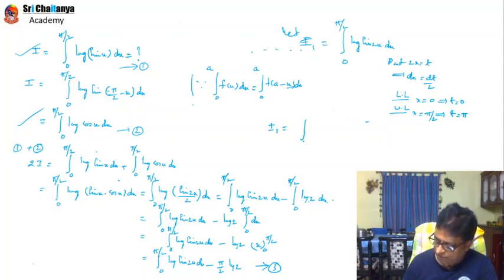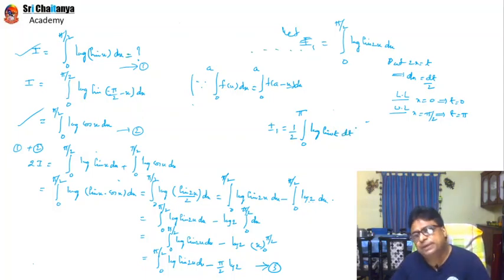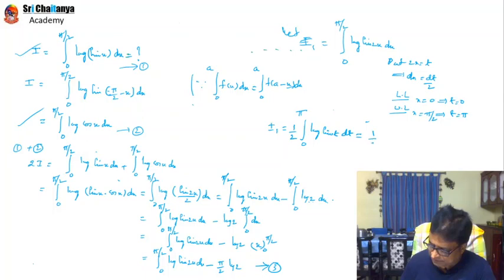So what could be my I1? I1 is equal to integration 0 to pi log sin t, because 2x becomes t, and instead of dx I can write half dt. So 0 and pi are limits for the variable t. Since they are limits for variable t, I can also write this as 0 to pi log sin x dx. There is no harm, because by previous properties this can be written as half integration 0 to pi log sin x dx.